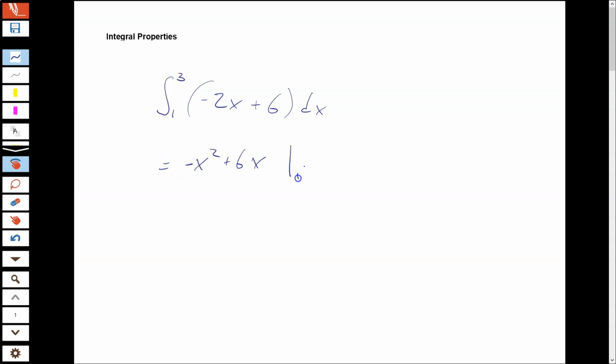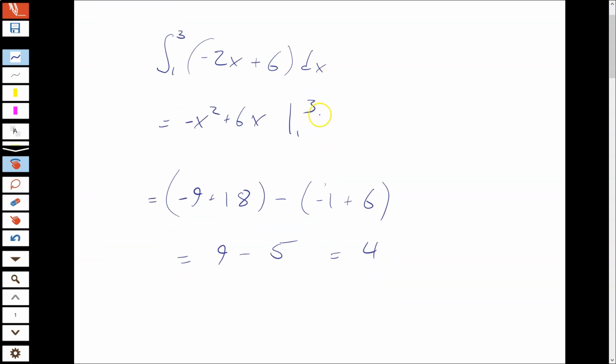So I'm going to start by just solving this one. You already know how to do this from your previous lessons. But we're going to use this as a jumping off point so you can understand why some of the properties work the way they work. Okay. So, like I said, you already know how to do that. So I anti-differentiated, right? And then I substituted in my bounds, subtracting the lower bound from the upper bound. Okay? Now, the first property